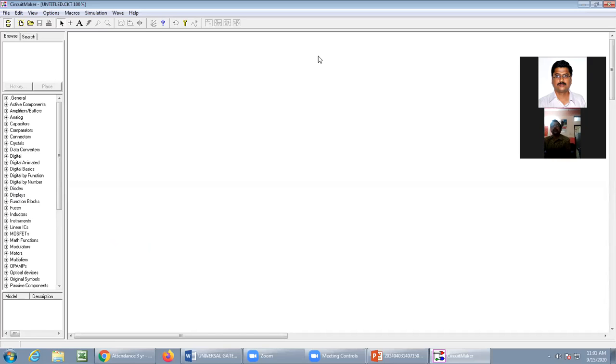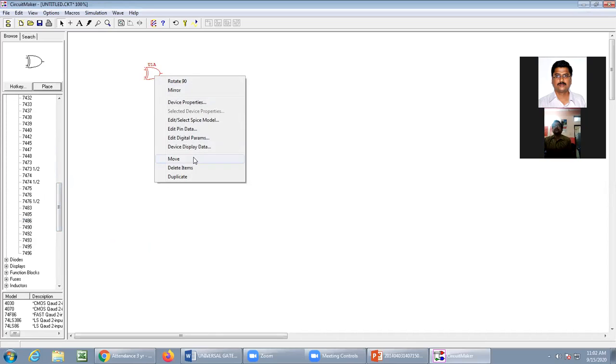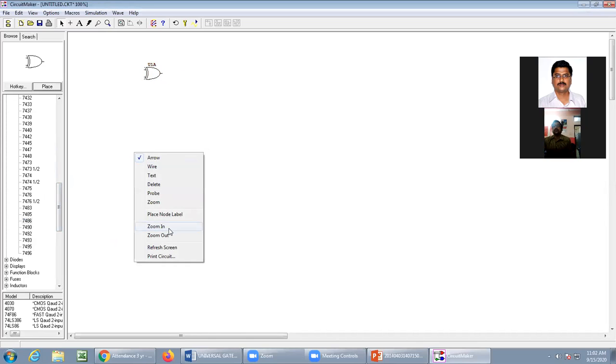So I require an XOR gate. Digital, by number, XOR gate, IC number is 7486. So I am placing it here. Let me move it here and zoom it.